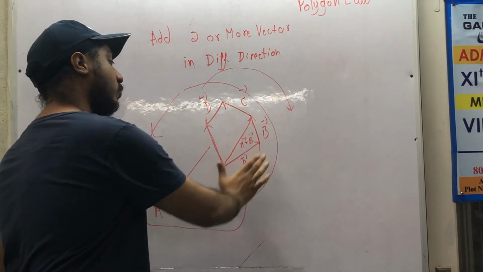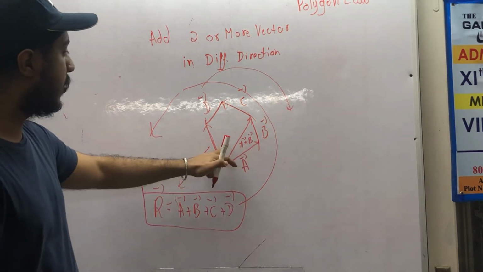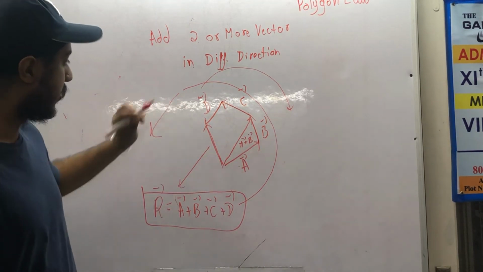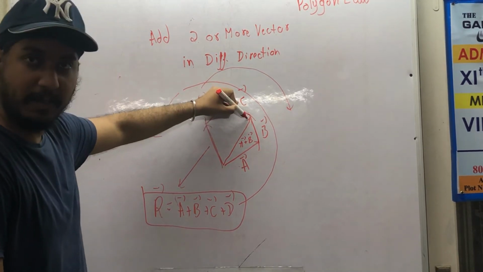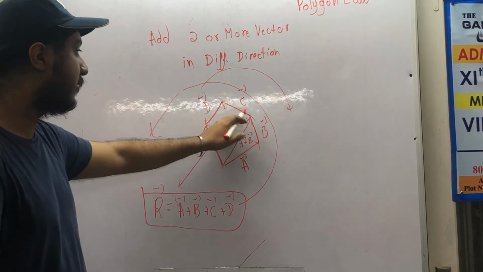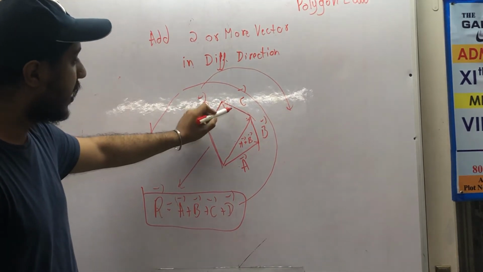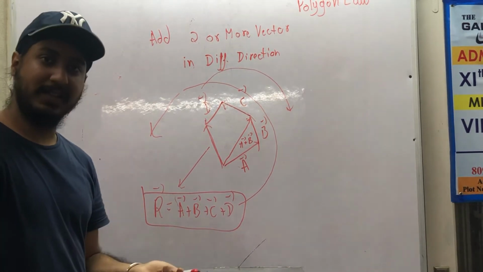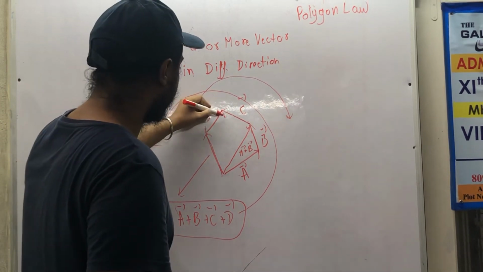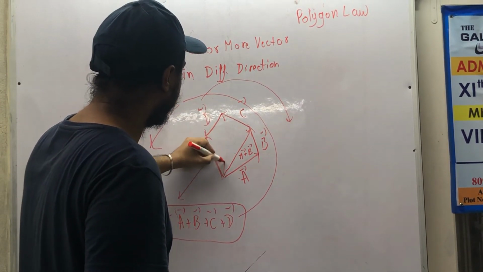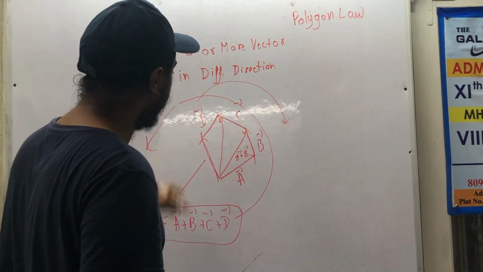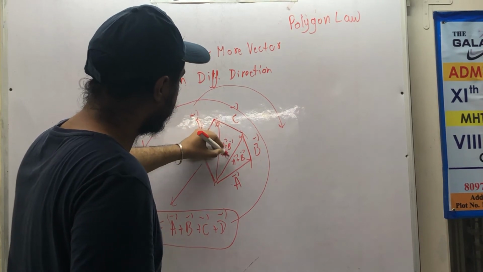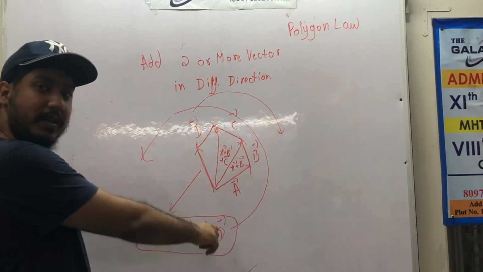Now forget A and B, because A plus B already represents these 2. We don't need to remember them. Now look here: this vector A plus B and vector C. These are the 2 sides of a triangle. So now you can make the 3rd side. What will be the 3rd side? It will come in this direction. And what will this third side represent? A plus B plus C.